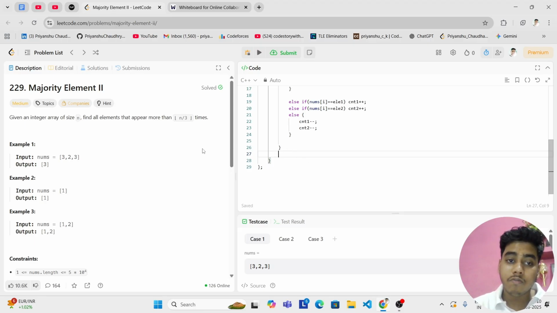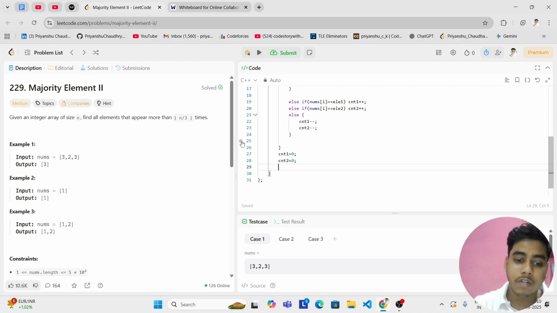So we have to check at last that both elements are occurring more than floor of n by 3 times. We can just reinitialize our count, or we can use another variable frequency, but I'm using the same variables, and again we will just run a for loop,